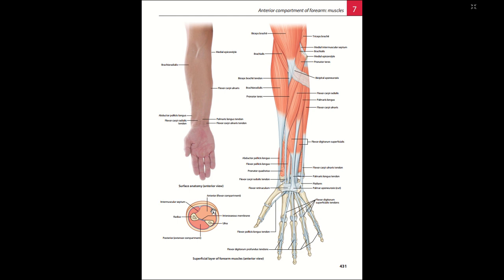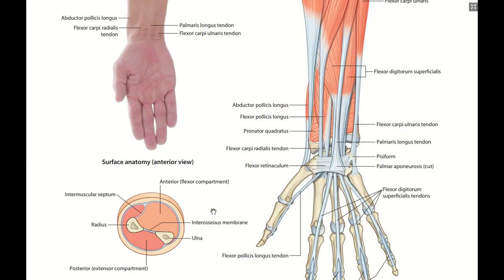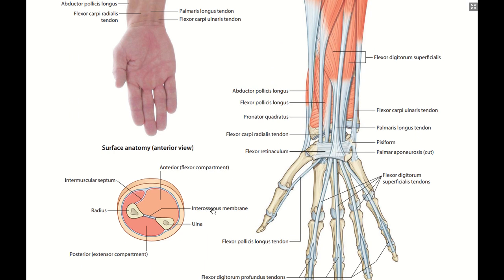these compartments. If I zoom in like this, this is a cross section of your forearm. Medially you have your ulna, laterally you're going to have your radius. Between the ulna and the radius, we have an important membrane called the interosseous membrane. And remember, if we reflect the skin, you're going to have the superficial fascia. Deep to the superficial fascia, you're going to have what is called the antebrachial fascia, which is the deep fascia. So the deep fascia of the forearm will send what we call intermuscular septa,